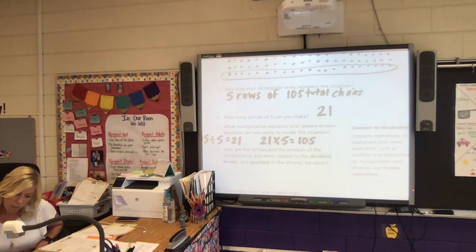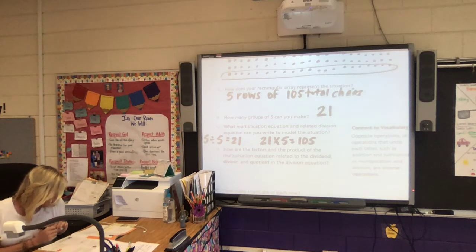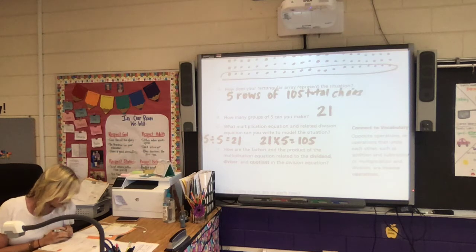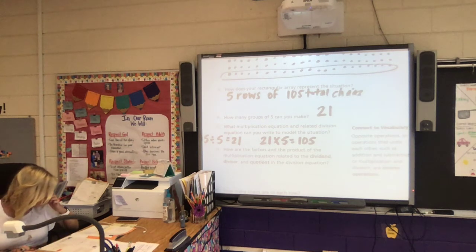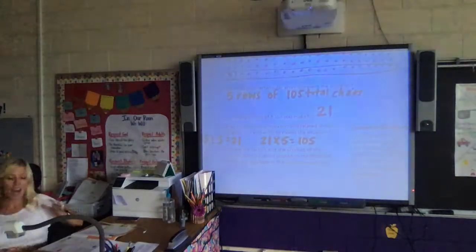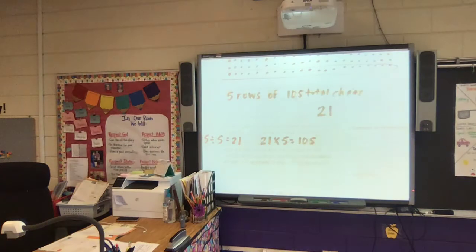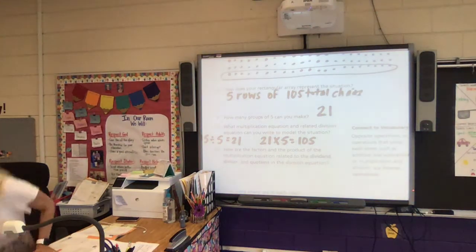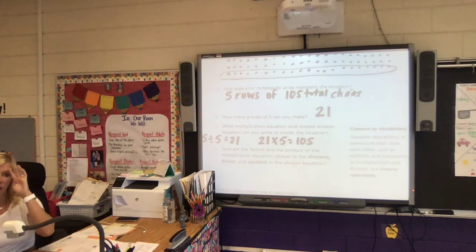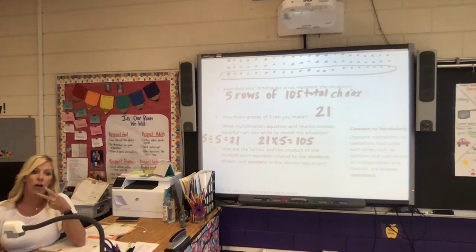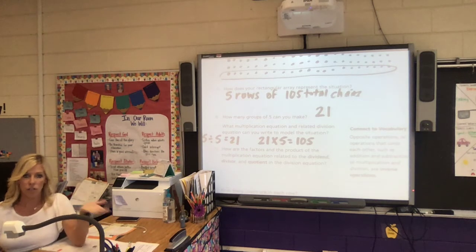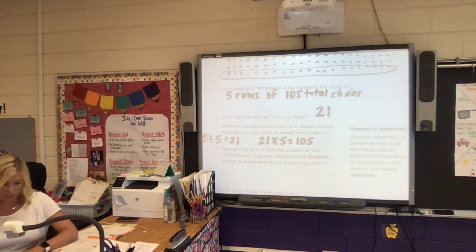All right. How are the factors and the product of the multiplication equation related to the dividend, divisor, and quotient in the division equation? So that's saying, sorry, our lights went out. So that's saying again, how is this relating to the multiplication? Remember, when we're multiplying, we have our factors and we have our product, which is the answer. So just like we spoke about at the beginning,